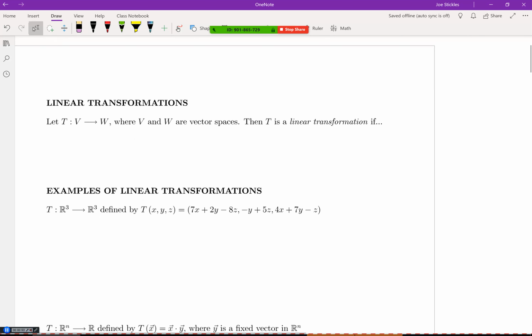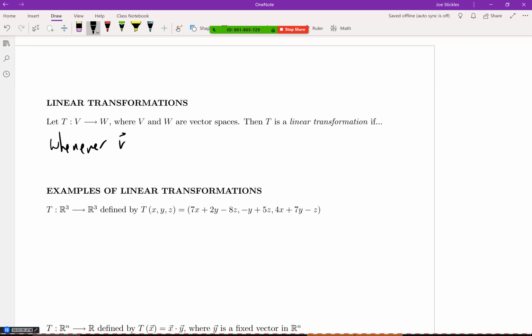So just write down the definition here real quick. So we say that a transformation from one vector space to another. So in this case, I've got my function notation here where T is describing a function. T is the name of the function. V is the domain of the function. W is the codomain of the function. Both of those are going to be vector spaces for our purposes now. And we say it's a linear transformation if